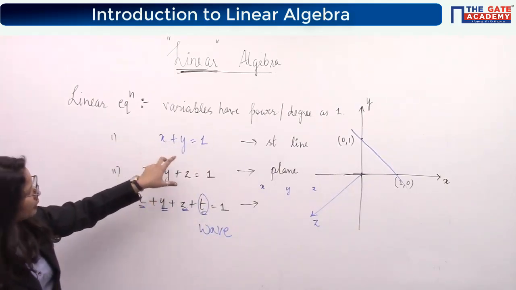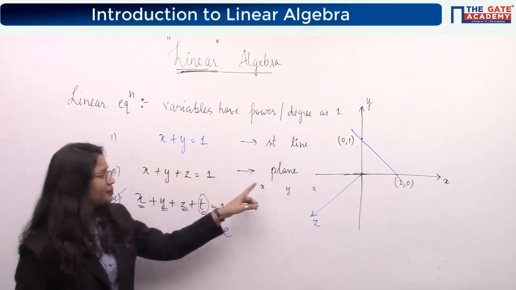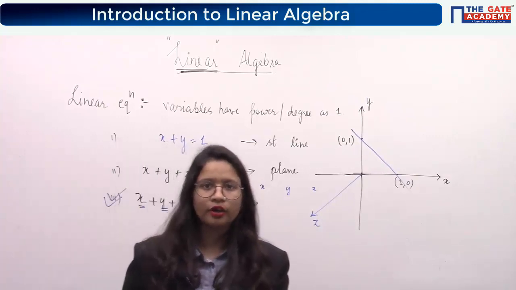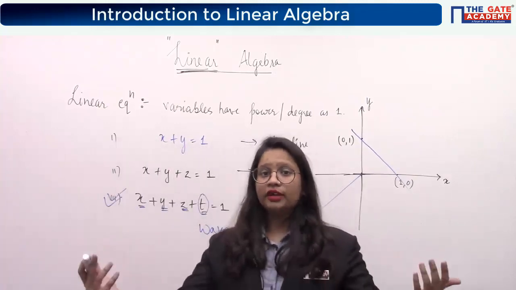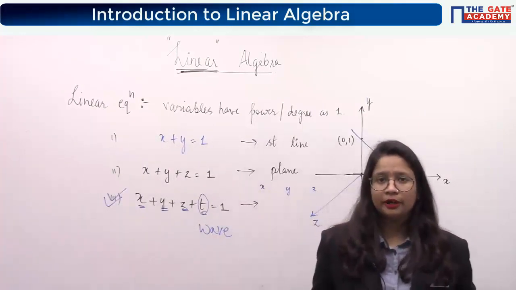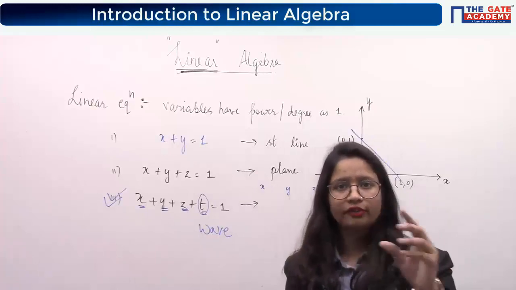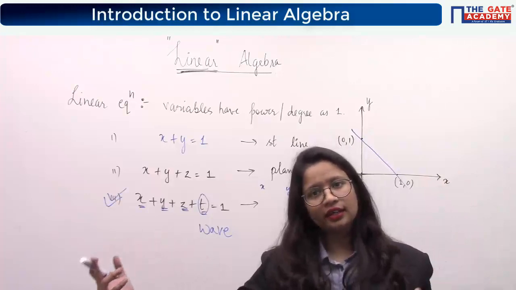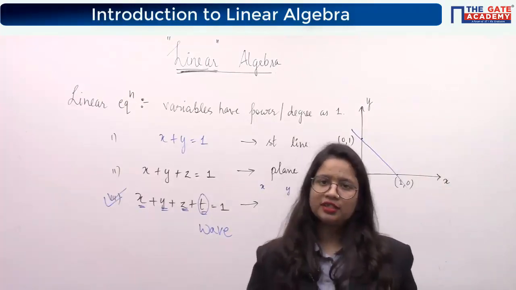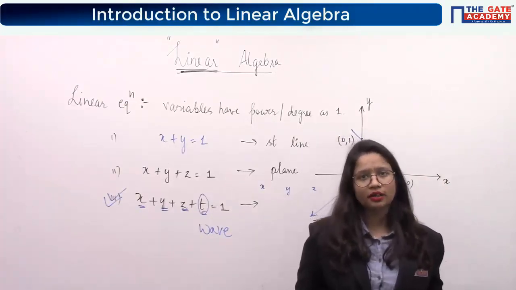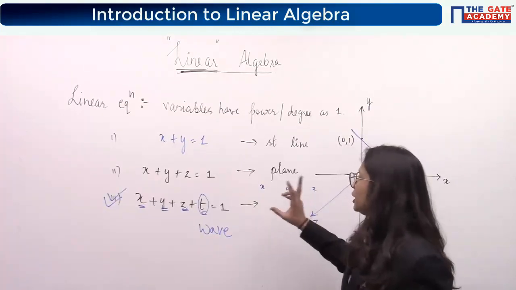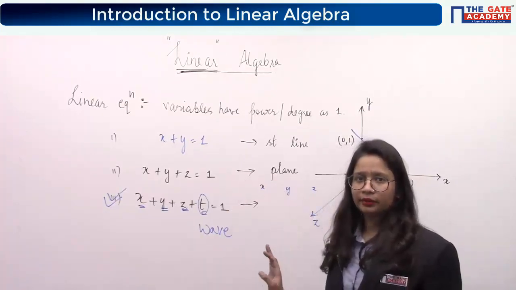If there are 2 variables, it is a straight line; 3 variables, a plane; 4 variables, it may be anything depending upon how your variables are defined. With 5 variables, it can again be anything depending upon how your variables are defined. If the variables are like number of chocolates, number of pens, then it can represent some other quantity. If it is something else, then it will represent some other quantity. I think you got my point, what I am trying to say. So linear equations have some physical meaning.